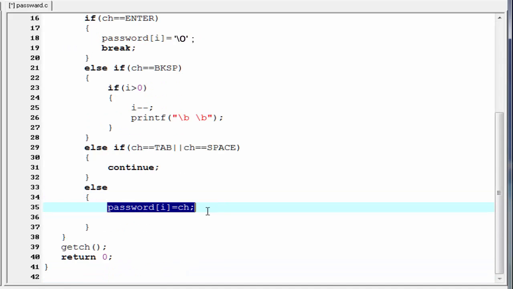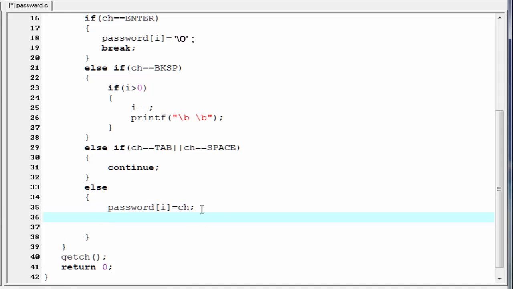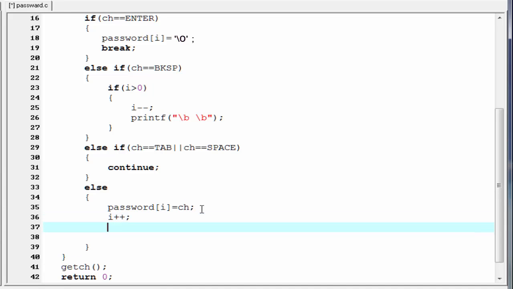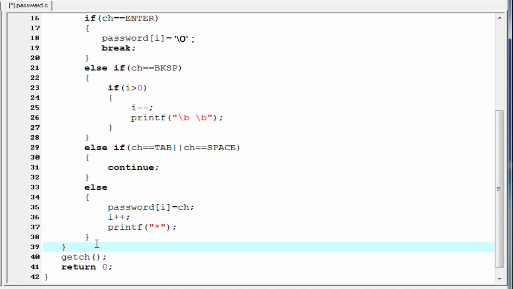So this statement will store the value specified by the variable ch at index i. Next we need to increment the index by 1, that is i++. Next thing is, here we display the star instead of the character that the user entered. For that I am going to write here printf star. While loop is ended here.